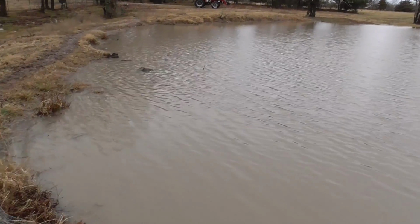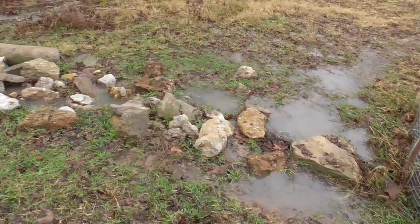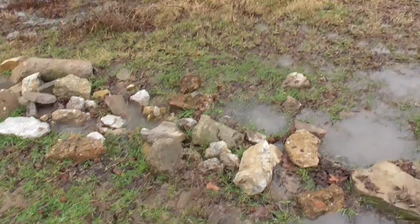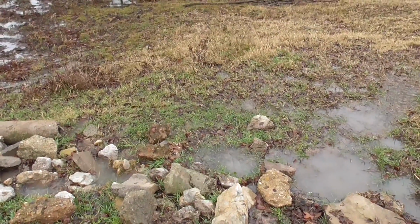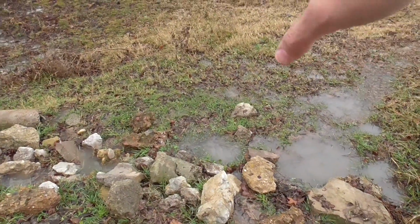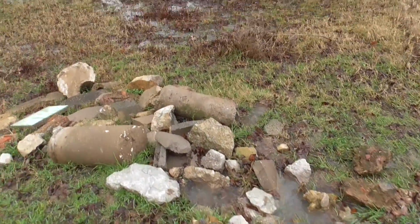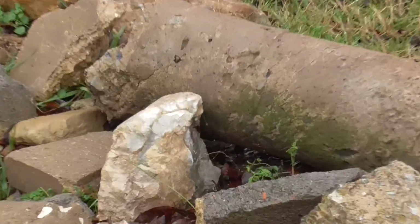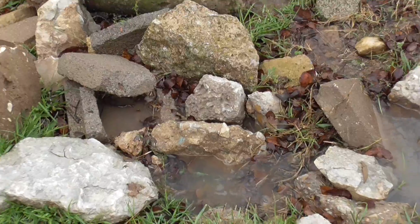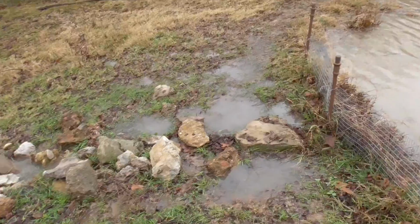Well, it's the next day and we ended up getting that other half inch of rain, and looking back here at the spillway, it looks like the riprap rocks did their job. I could see where the water was overflowing over in here, so I'm glad I put grass seed down because that definitely helped hold the dirt in place. I could see down in amongst those rocks, I don't know if you can make it out, but the water is still trickling through these rocks, so they're doing their job, and I don't see any big washout like I had in the past,